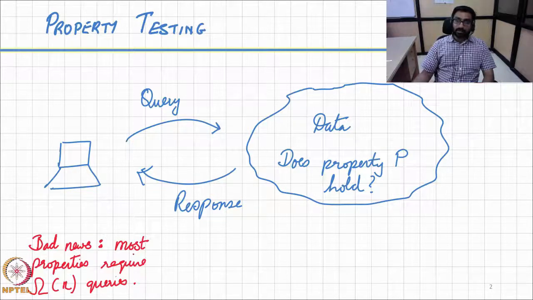Rather, the data is available only through some interface, and we can access the data only via queries and get the response to these queries and then perform the computation based on just our knowledge of the data through